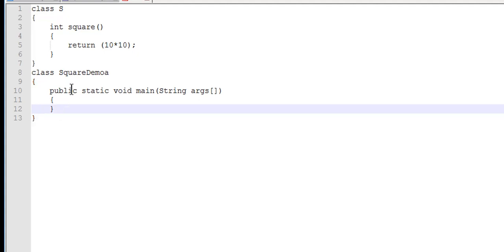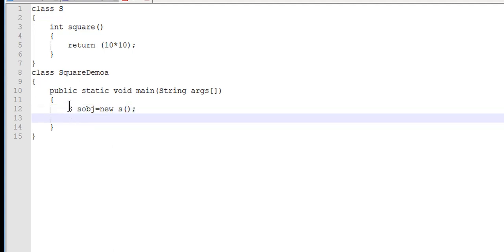Now we'll create an object for this class, S obj is equal to new S. We are creating an object for the class.